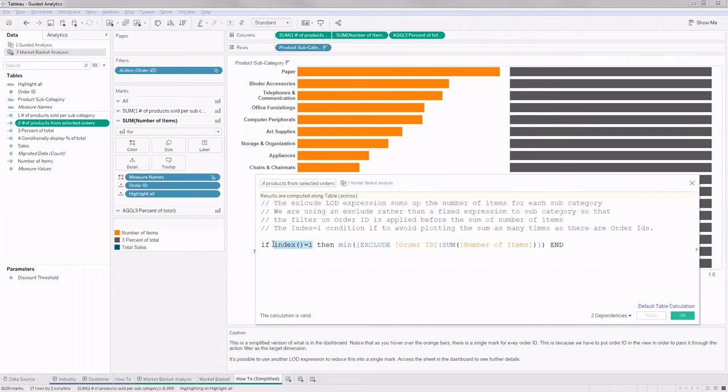Why I'm having the index equal to 1 here is that my calculation is at the order ID level.